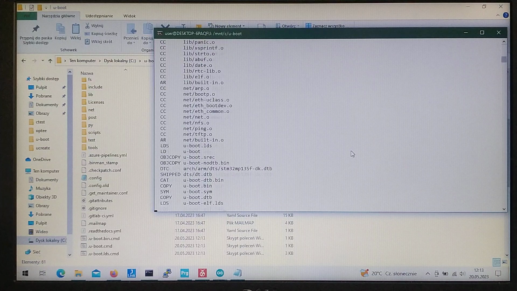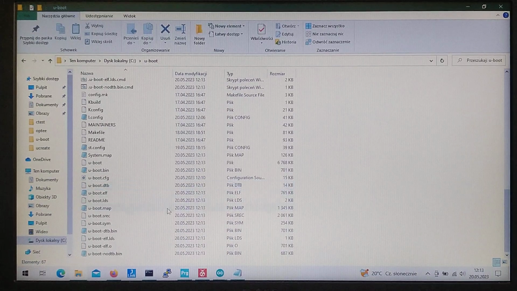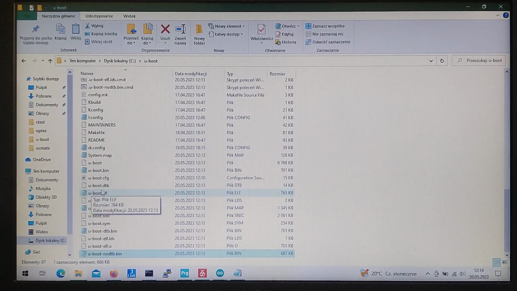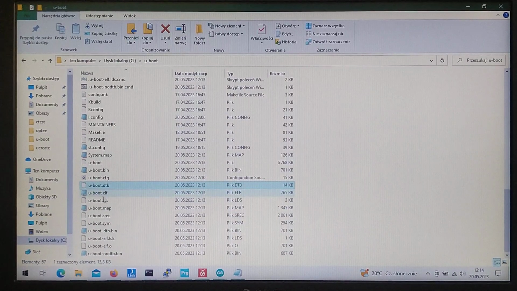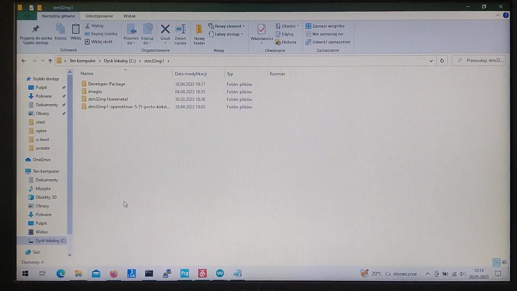Okay, so now we got the U-boot linking and we got the objects for the bootloader, I mean the U-boot. So now let's take a look at two files. So the U-boot nodtb and the U-boot dtb. So we want those two files to be put into our SDK of the STM32MP. So I got it located in the developer package